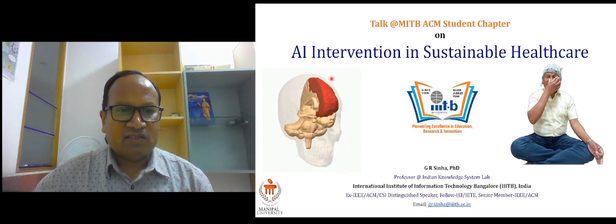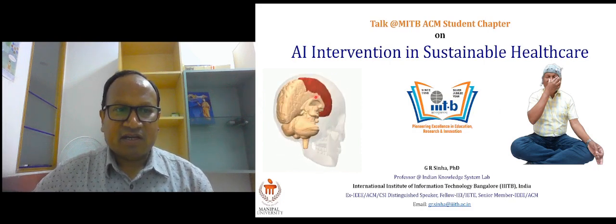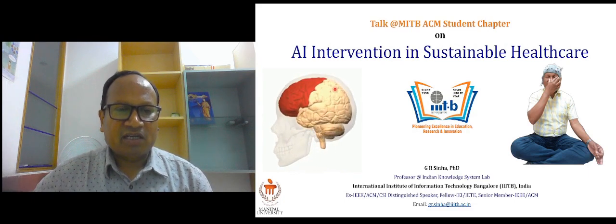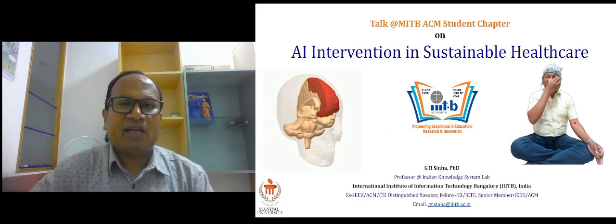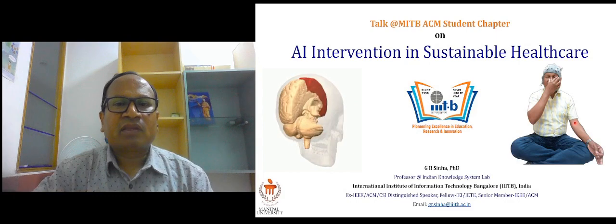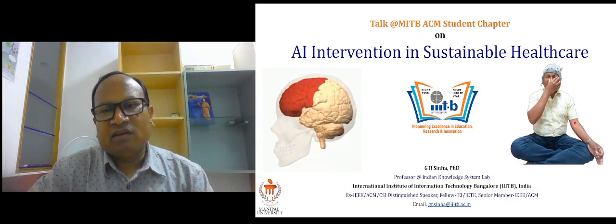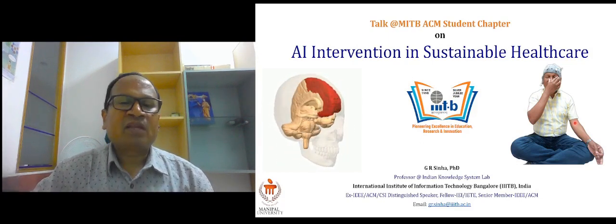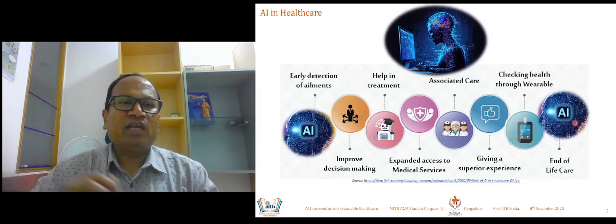You can see that there is a brain structure. You have different areas. This red colored, front side is the frontal area. Then comes parietal, temporal, and this back side is the occipital area. These different parts of the brain have different functionalities. When you want to study the impact of some activity in the human brain, you will need to focus on a certain area. So let's understand how AI plays a role in healthcare.